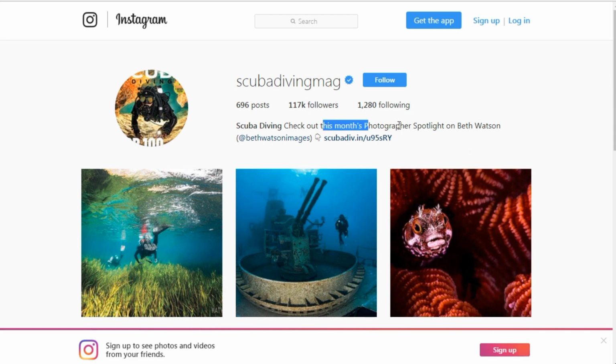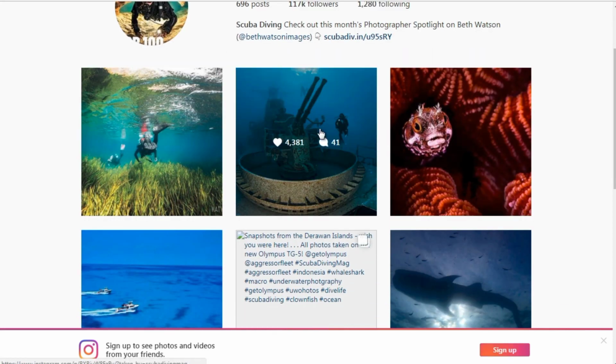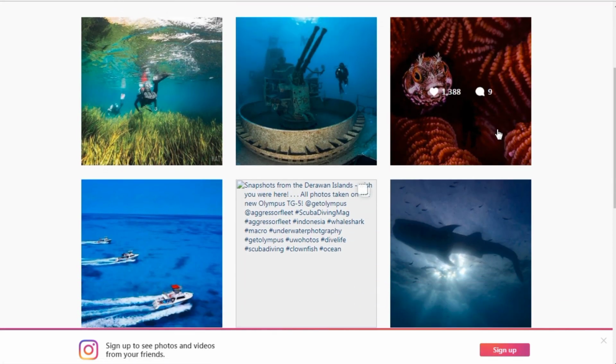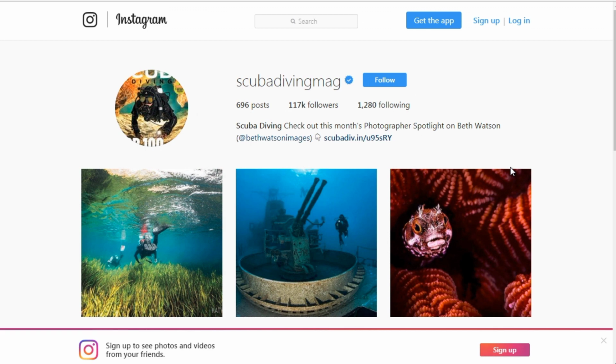Now, she's more into photography, so she's probably going to attract people who are in photography. So it's not really going to be scuba diving equipment, but rather people are probably going to want to know, hey, what camera are you using? What equipment are you using? What scuba diving equipment are you using? And all that for the purposes of photography. So you see how in this example, it may not necessarily be that she's selling scuba diving equipment, but rather that she's attracting a specific type of mindset. So you have to get an idea of who you are attracting. So in this case, scuba divers who love photography.